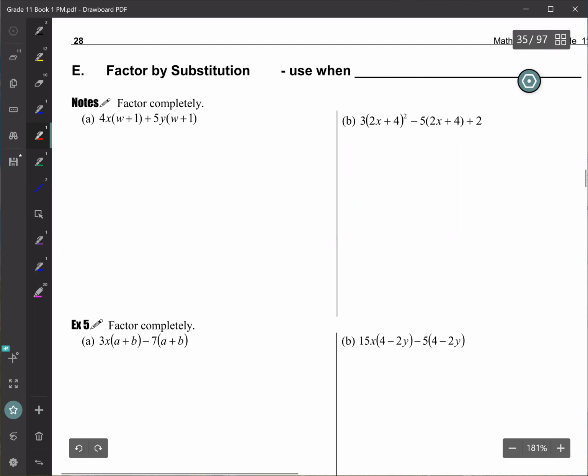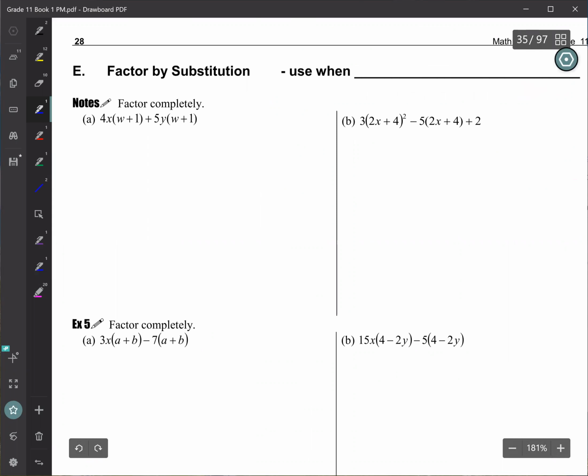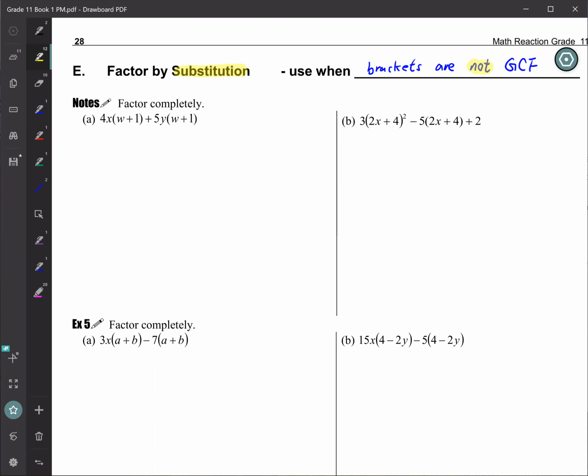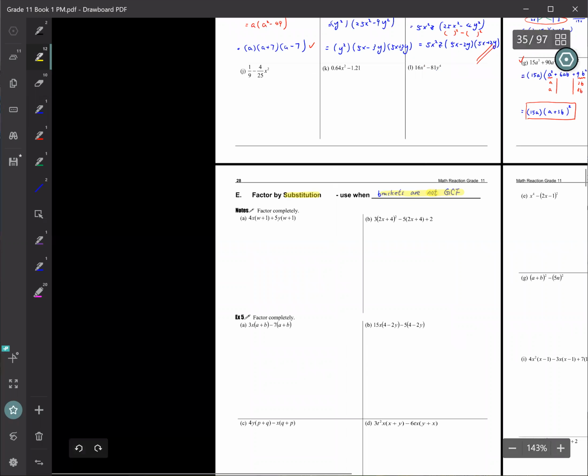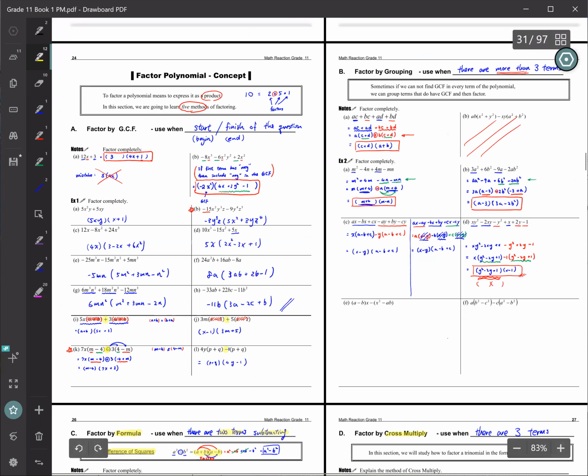You will use the substitution because every question has a lot of brackets. So when the brackets are not GCF. Please write this down. You will use substitution when you see the brackets are not GCF. So what do I mean by that? If you look back to GCF,